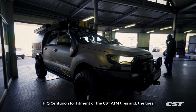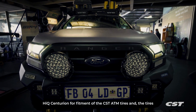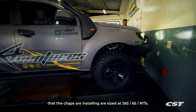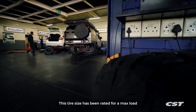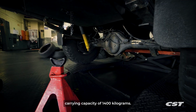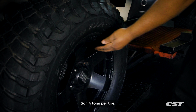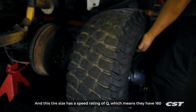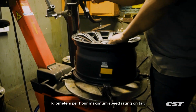I arrive at Hi-Q Centurion for fitment of the CST ATM tires, and the tires that the chaps are installing are sized at 265/65 R17. This tire size has been rated for a max load carrying capacity of 1,400 kilograms, so 1.4 tons per tire. And this tire size has a speed rating of Q, which means they have a 160 kilometers per hour maximum speed